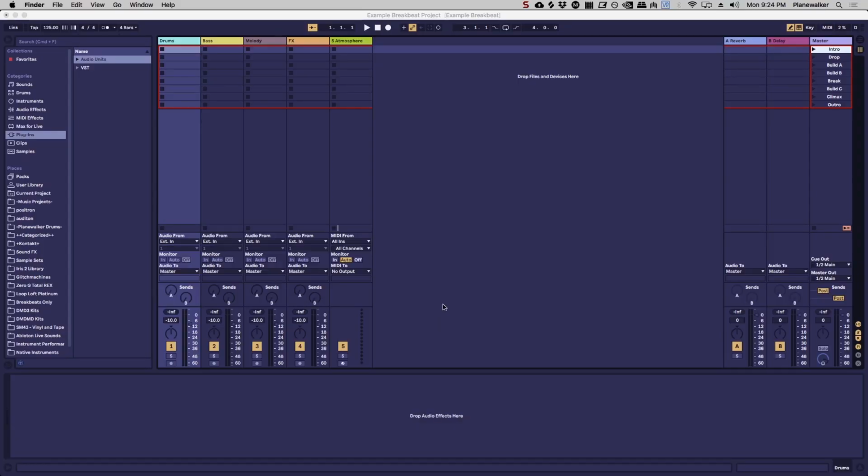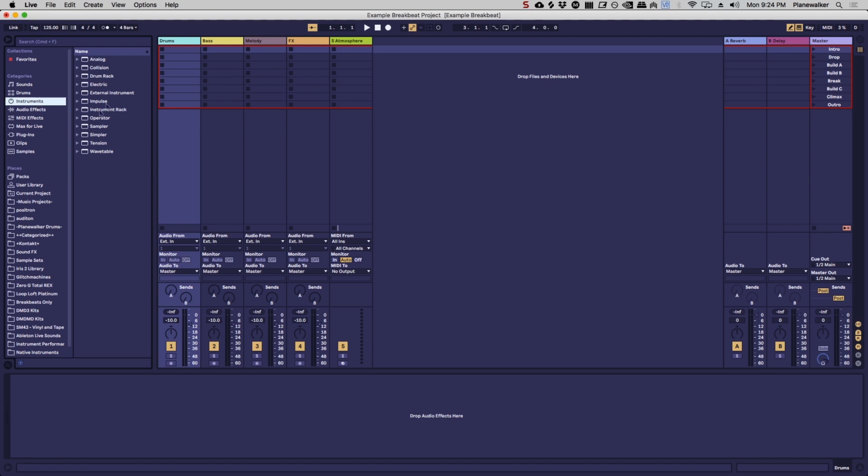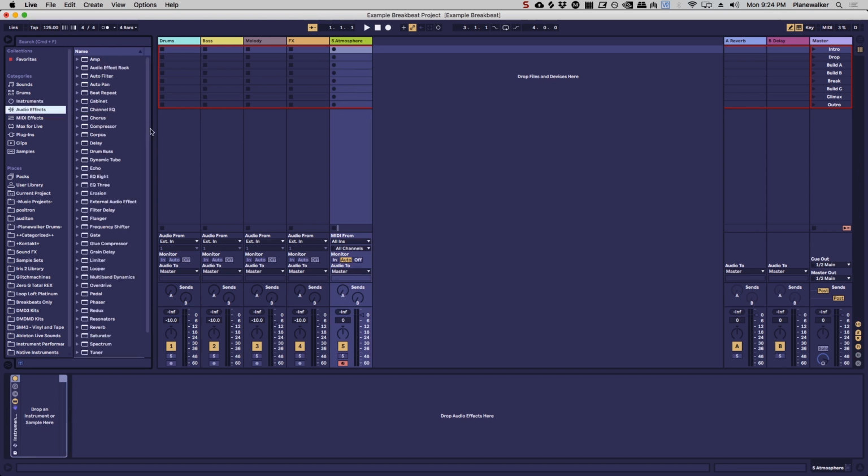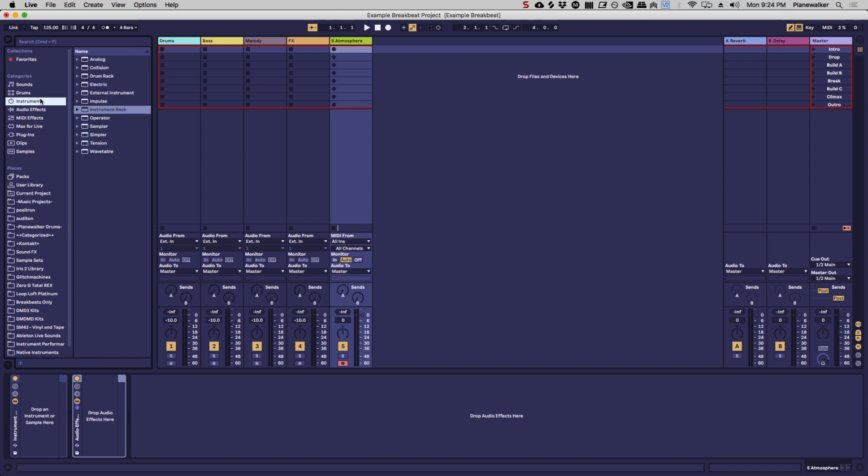So another way that you can save quite a bit of time in the production process is inside of Ableton Live: you want to use instrument racks, and you also want to use audio effect racks. These are cool because you can build up a whole chain of instruments. For example, let's say that we find